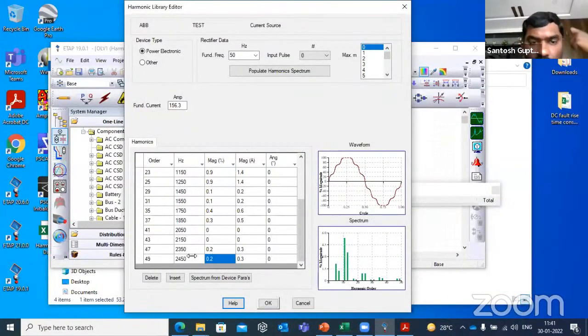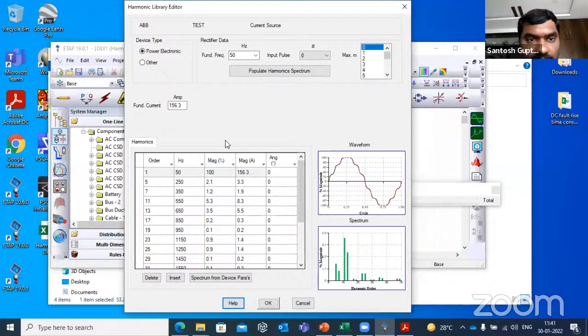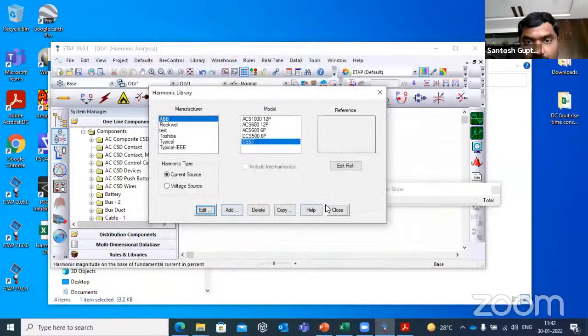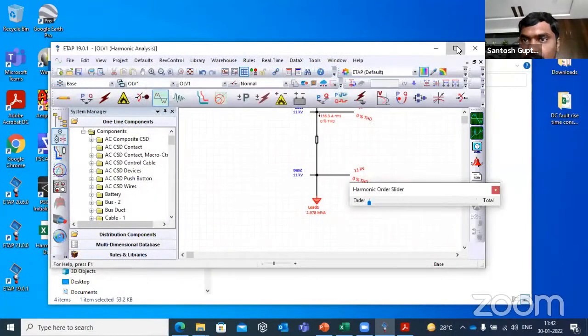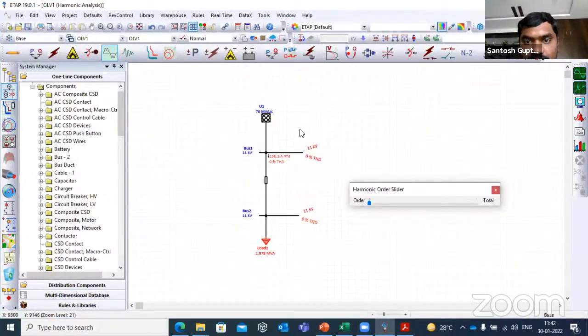So if you see, after entering this data, the sinusoidal waveform has got distorted like this because of the harmonic contents available in the system, the harmonics generated by this particular nonlinear source. Okay, so let me just click on OK and then close this and go to our system,